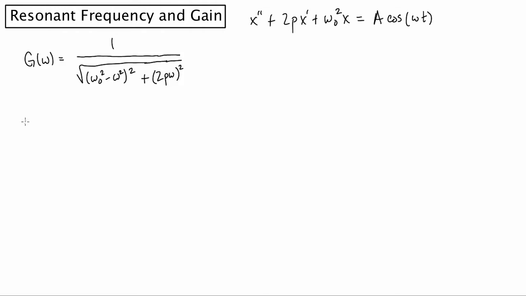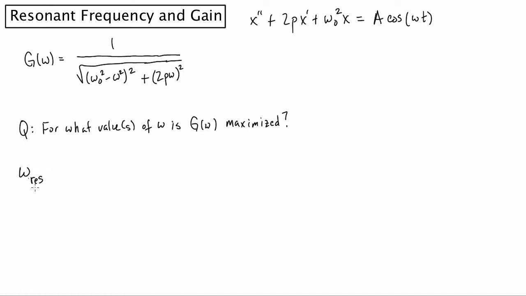And I have a follow-up question here: for what value or values of omega is the gain maximized? What this is going to tell us is I'm looking for some omega, which I'm going to call omega sub res, that's the resonant frequency, such that when I have my solution x sub p, so remember x sub p is a